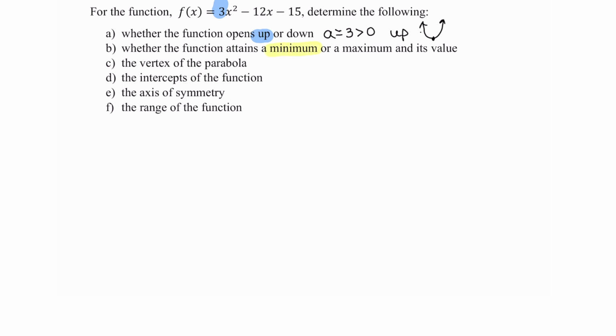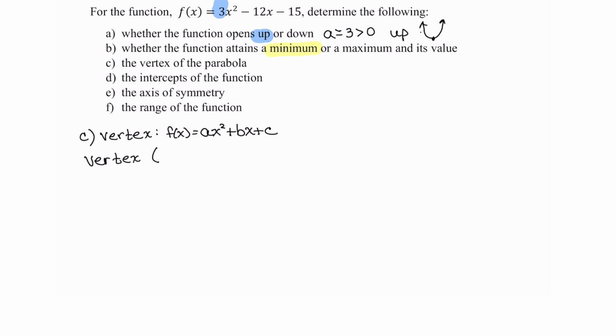Now, what about its value? Well, we will answer that actually after we look at part C. So part C, we have to do a little bit more calculation, and for part C we want to find the vertex. So remember, if we have a function f of x is equal to ax squared plus bx plus c, the vertex